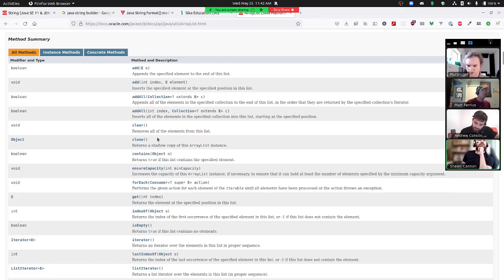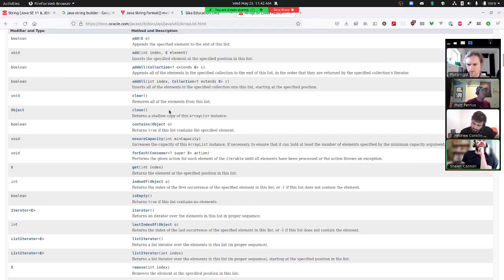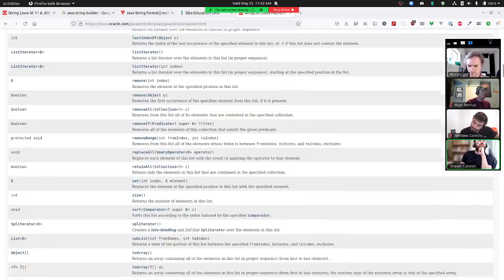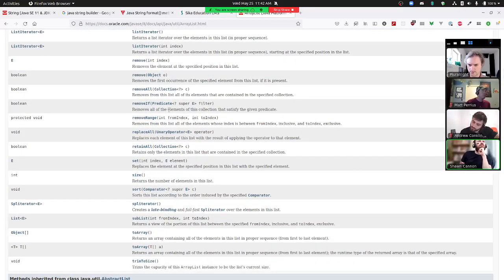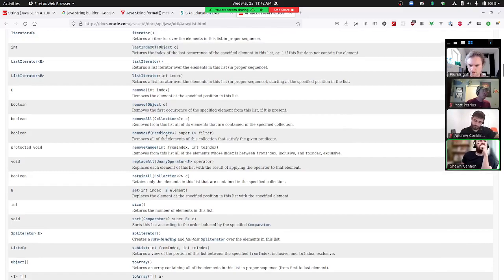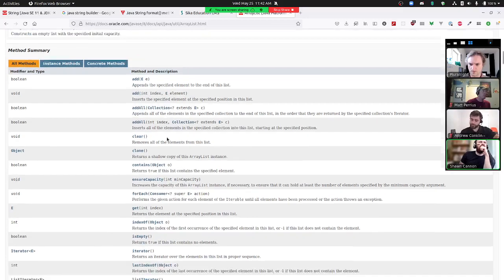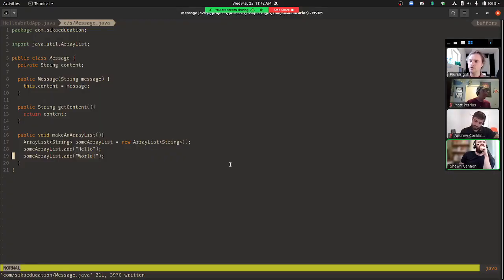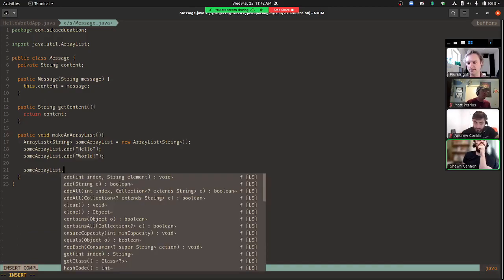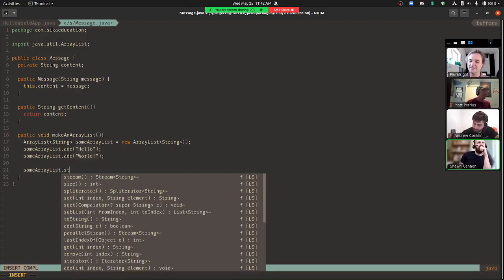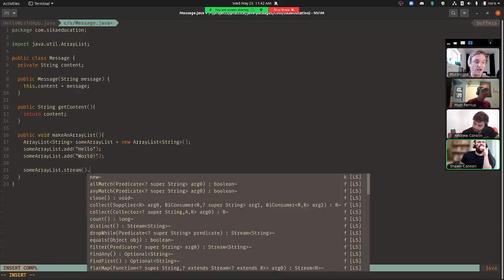Then do array lists have a join method? Maybe. Does not look like it. Cool. So since collections can use streams, this is like previewing the collections lesson a little bit, but I can do some arrayList.stream, and then I can do the JavaScript style functional programming stuff.